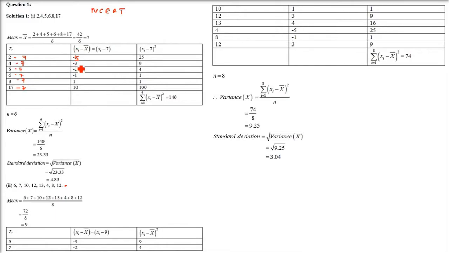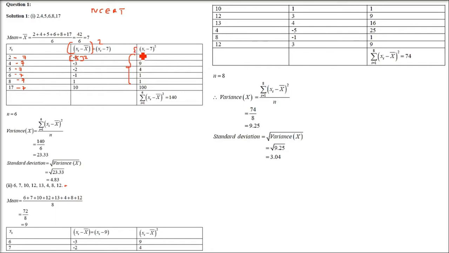So this is minus 5. This is xi minus 7. So we have subtracted the mean from each element. Now you have to square it. In the third column, you see the square of the second column. All the values of the second column, we have squared. So 5 square is 25. That is why I told you, you don't need to take the modulus. When you square it, all these squares will come.